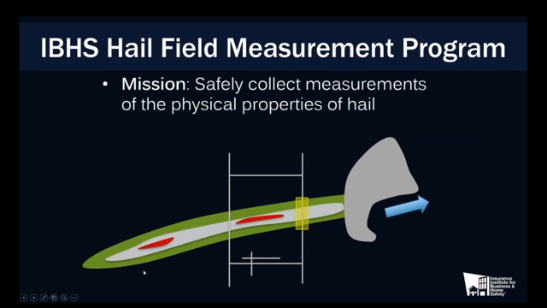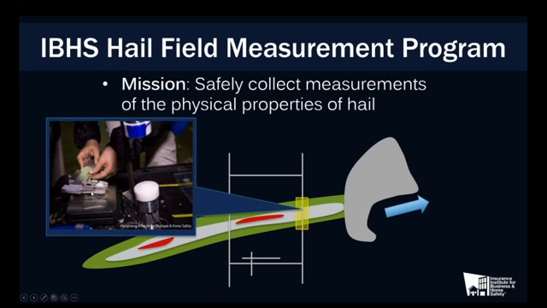So really the idea was to safely collect measurements of the physical properties of hail. That's the measurements of their dimensions, the major diameters, their smallest diameters, the strength, and really understanding how much of what kind fell within a hail swath. There's a nice graphic showing how we would go about this. We would trail behind a thunderstorm, quickly enter the swath of hail,